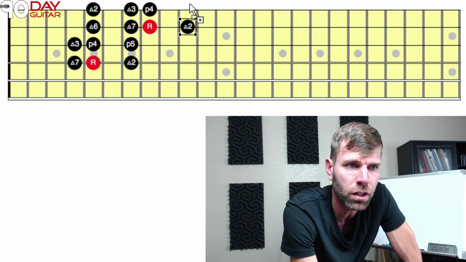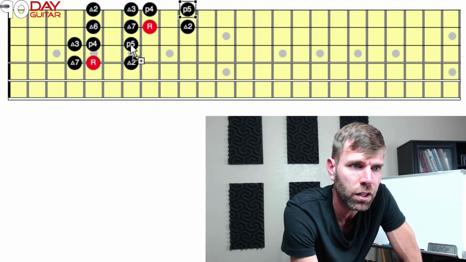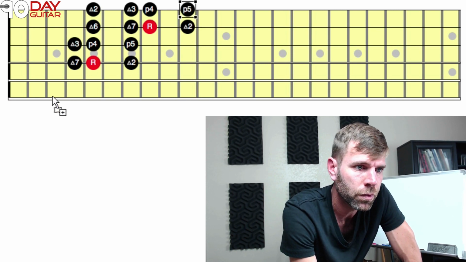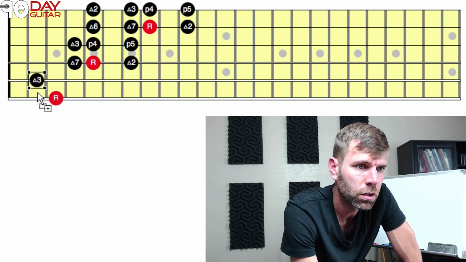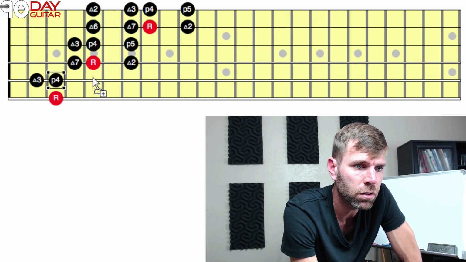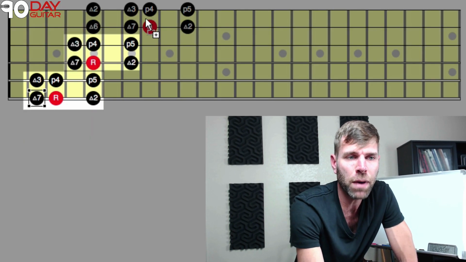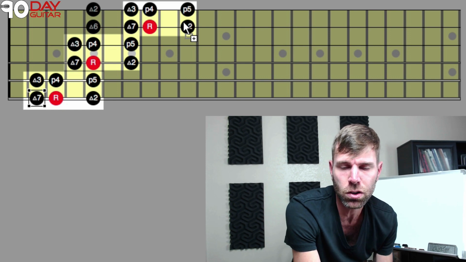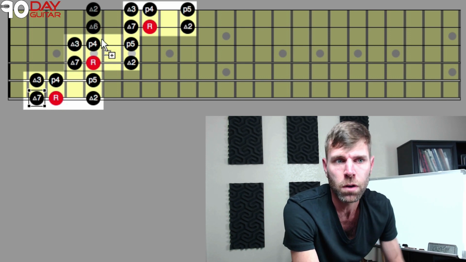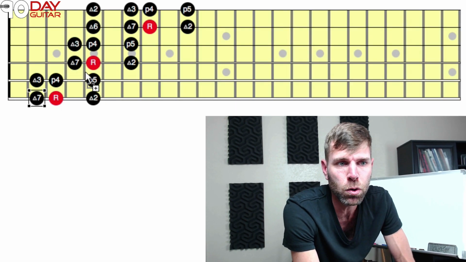4 is right underneath it. 5 is right there, just like it would be here. If we go back to our first one, see the 3, see the 4, 5, 2, you see that major 7. So you'll notice that these patterns are identical around the root note, but as that root note moves to